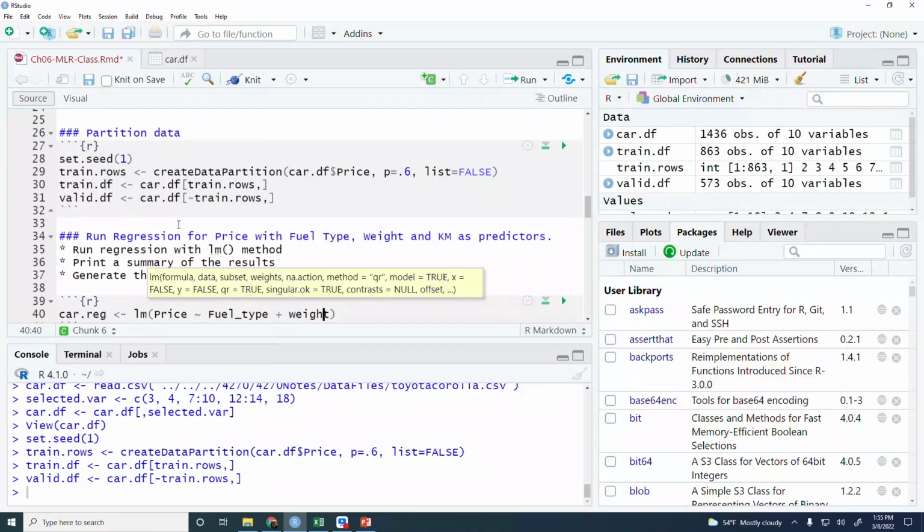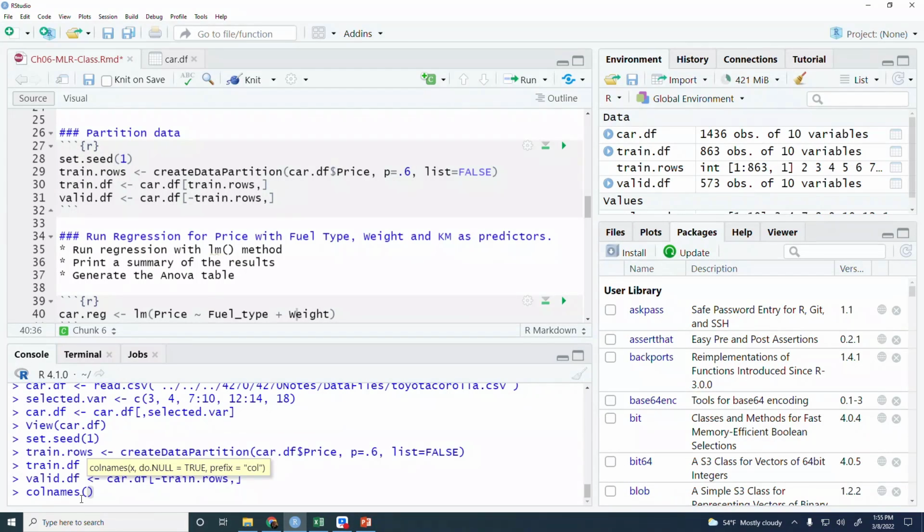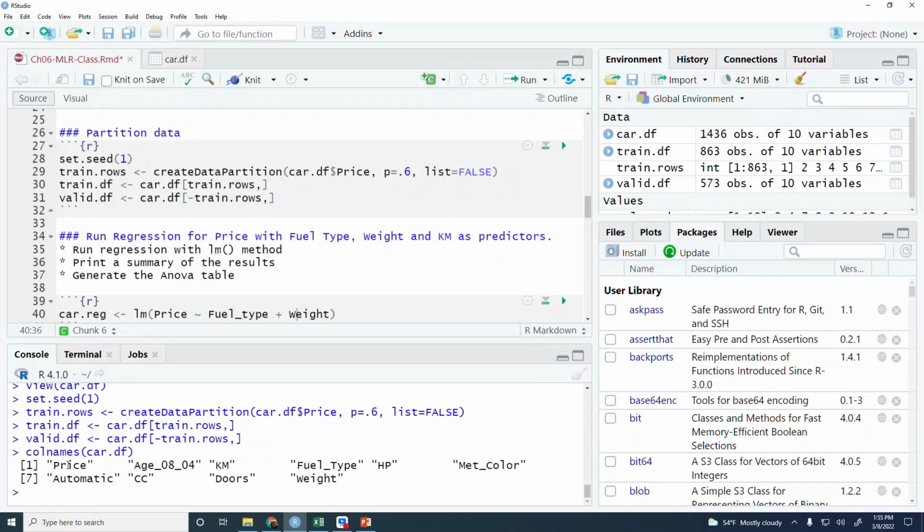Here we have to pay attention to how the names are. So let's look at the column names of car.df. See, price is good. Fuel type, so I need to have an uppercase T there.